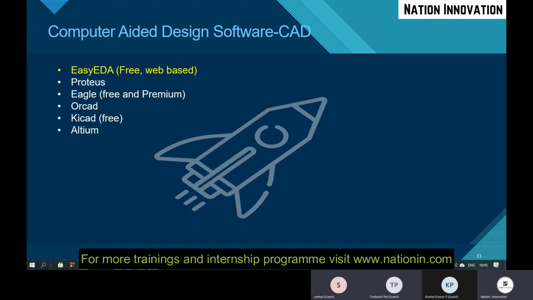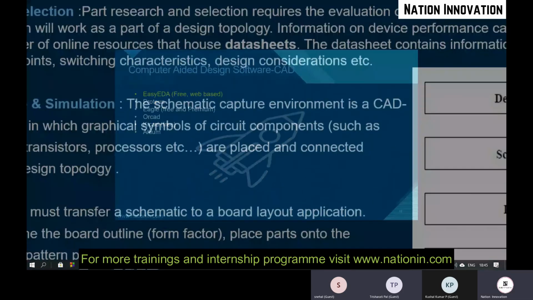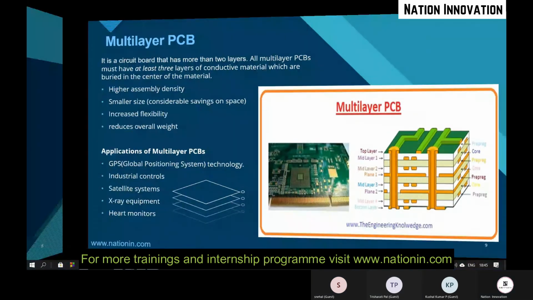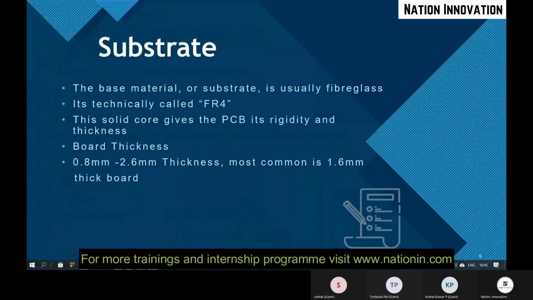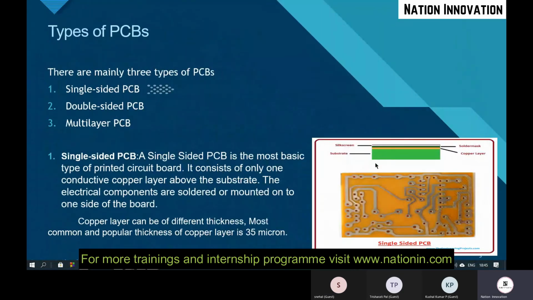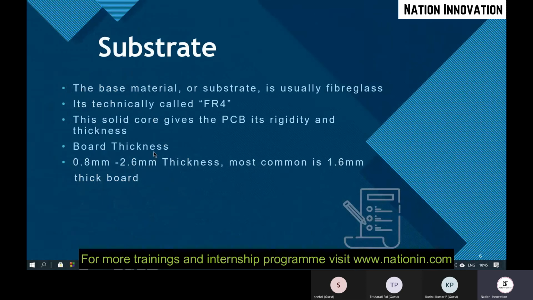And ma'am, I didn't get what is substrate and why it is needed in PCB. Okay, let us go to that slide again. This is the substrate. You can see the green color rectangle here. This is the substrate. So substrate is nothing but a material made up of fiberglass.